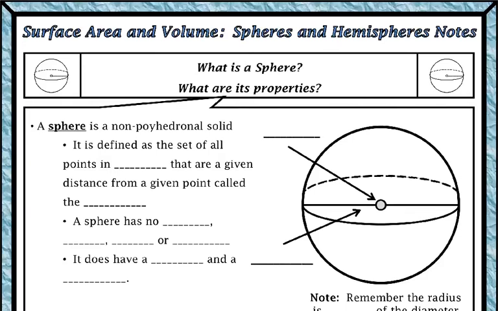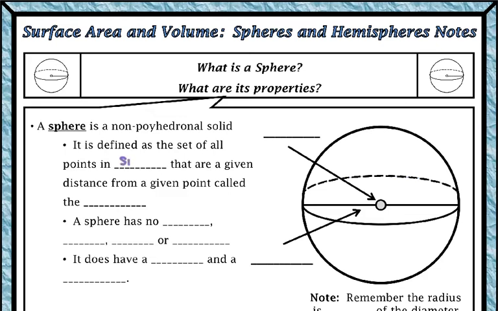Okay, the last lesson of the solids unit is about spheres and hemispheres. So a sphere is a ball. It is a non-polyhedral solid. A polyhedron has polygons and edges and faces and vertices, so a sphere does not have that. It is defined as the set of all points in space